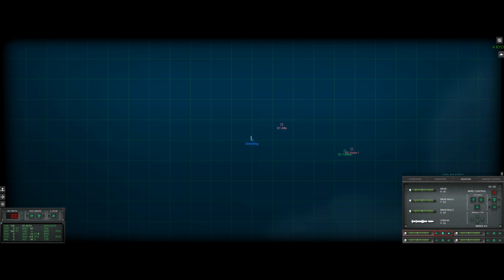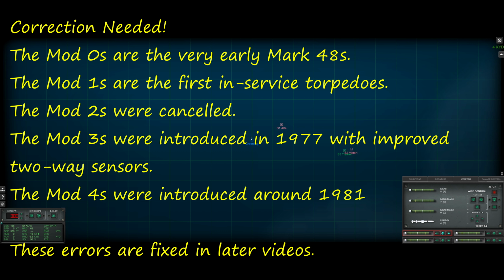Now, as for my weapons, I'm predominantly carrying Mark 48 Mod 1s. This is a new weapon. It's been in service for a time. We've had them for a time. It's got a near 3,000 yard sensor range, so it's the Mark 48 that we know and love. I do have a smaller number of Mod 0s. That's the original Mark 48 introduced in the early 70s. Less effective, shorter sensor range, but just as